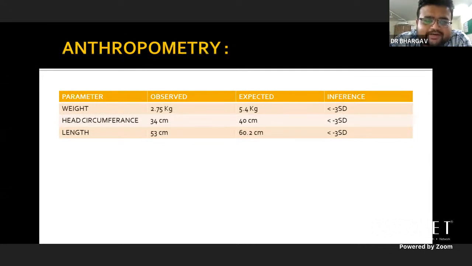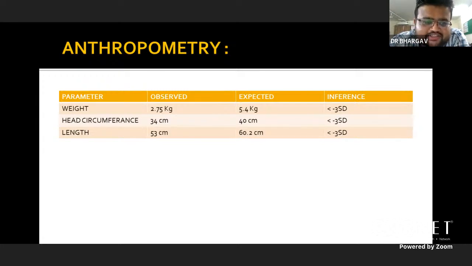Moving towards the anthropometry portion, the child's weight on receiving was 2.75 kg against the expected weight of 5.4 kg, which was falling less than -3 SD. The head circumference was 34 centimeter against the expected 40 centimeter, which was again falling less than -3 SD. And the length of the child was 53 centimeter against the expected length of 60.2 centimeter, which is also falling under less than